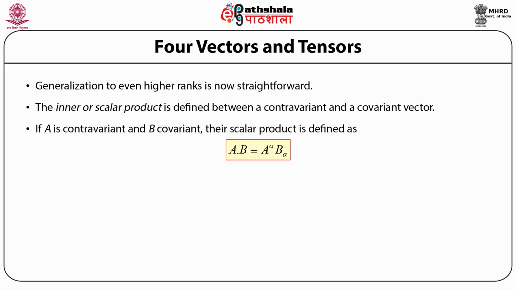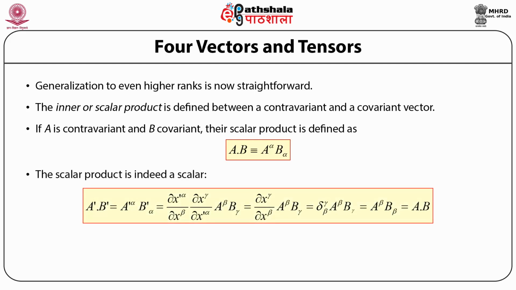And if we expand this, then using the transformation equations, we can write down the same scalar product or inner product in a different frame of reference as A prime dot B prime is equal to A prime superscript alpha B prime subscript alpha, and using the transformation equations defined above, we can further write this as equal to partial derivative of x prime superscript alpha with respect to x superscript beta, whole times partial derivative of x superscript gamma with respect to x prime superscript alpha, whole times A superscript beta B subscript gamma,